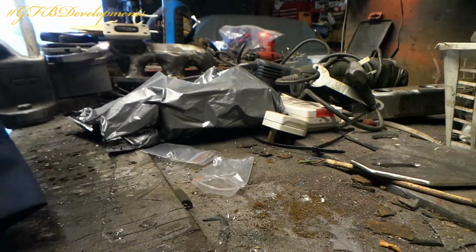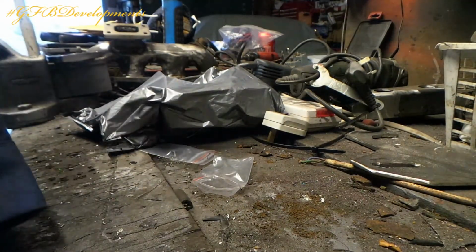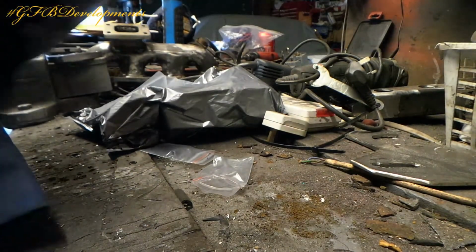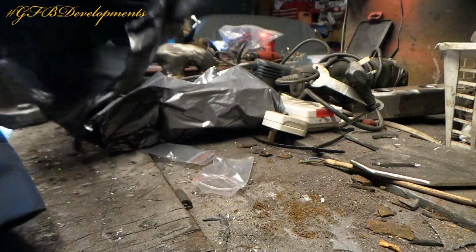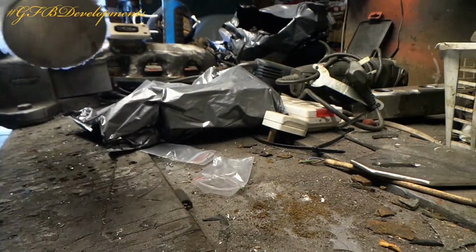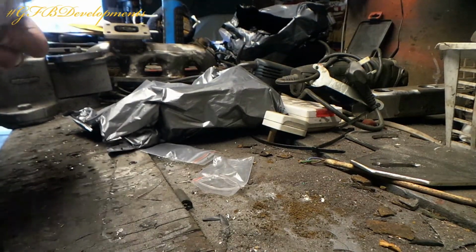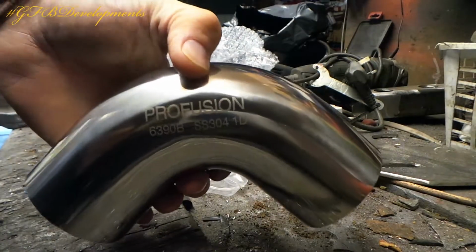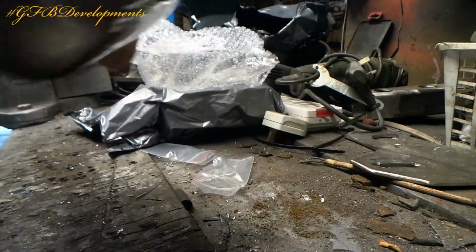Should be the 90-degree, he says. Yes, it is. Polish 90 degree. Even says Profusion. Don't know how long that's going to stay on there, but